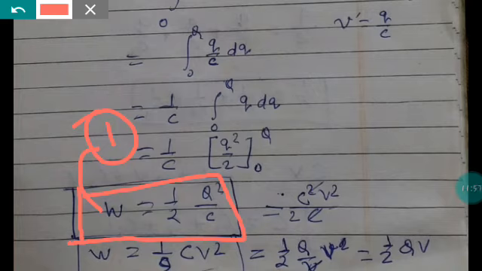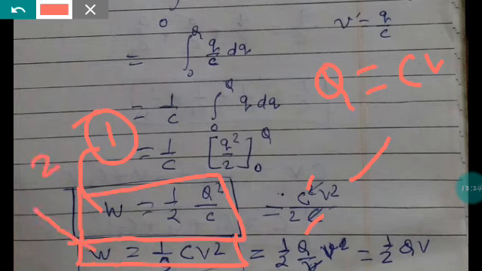Here Q is equal to CV. You know that C is equal to Q by V, and therefore Q is equal to CV. So in place of Q we have put here CV. So Q square is equal to C square V square, C square and C cancel out. What will we get? We will get half CV square. So this is the second formula in the box. This is your second formula. Now in place of C, we have put here Q by V; V and V square, V cancels, and we will have the third formula, half QV.